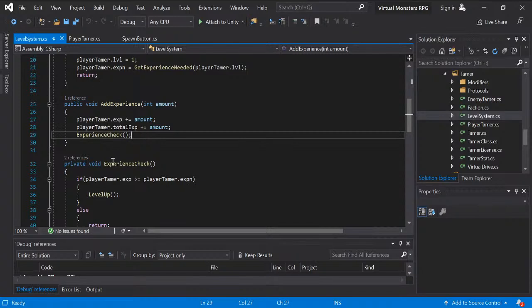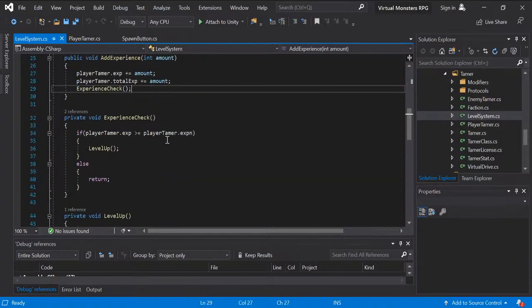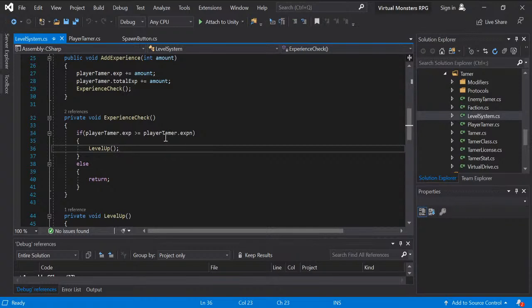EXP check. You could name it EXP check for shorter. Basically, what this EXP check does is that it checks if the player tamer's current EXP is greater than or equal to the amount of experience that the player tamer needs, which is this value right here. And then if it is greater or equal to the amount of experience needed, we call another private function called